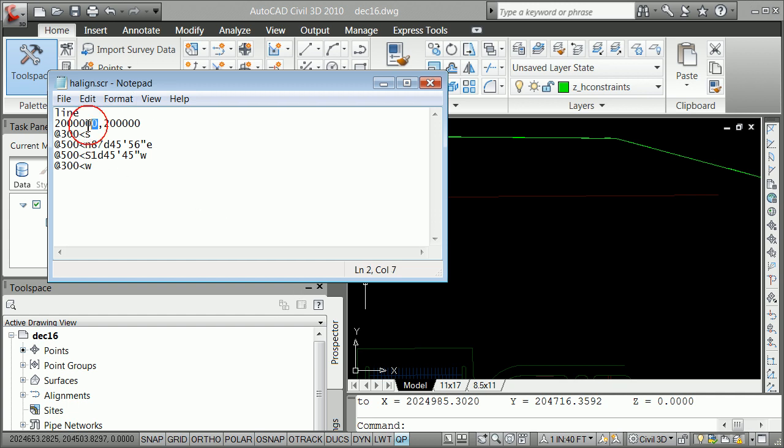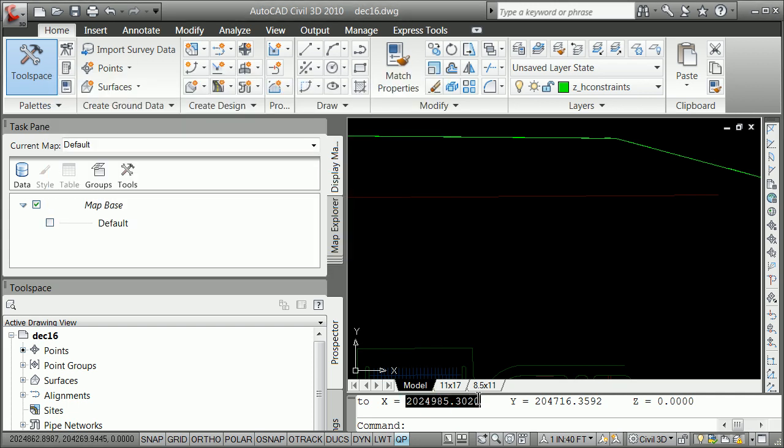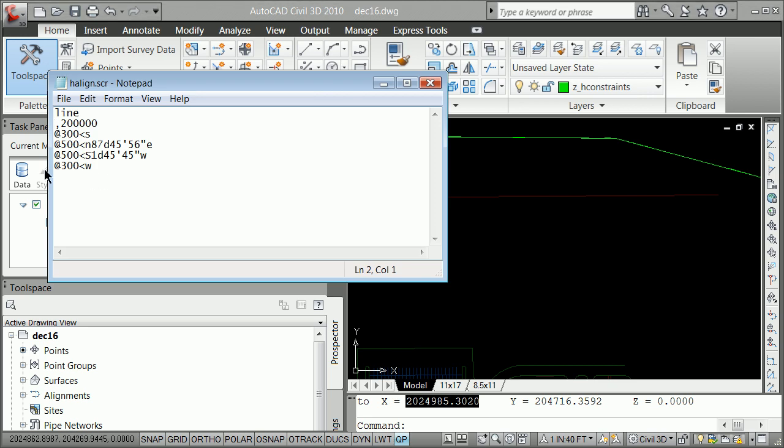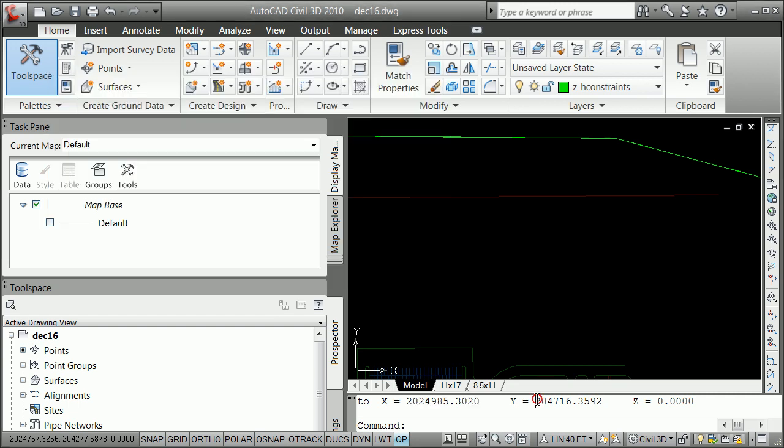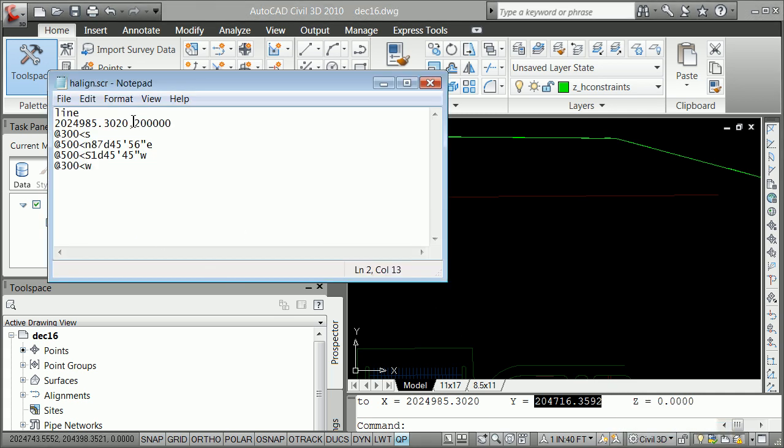What I'm going to do here, more or less, is done by calls, by X's and Y's. I'm going to right-click, copy, go over here. Somehow I've lost my Notepad here. I'm going to go ahead and edit, paste. I got the easting, and then I'll go ahead and get the northing. Right-click, copy, go back to here, edit, paste, and I've just thrown in 300 feet south, 500 feet more or less east, 500 feet south, and then 300 west, and that can go on and on for quite a while